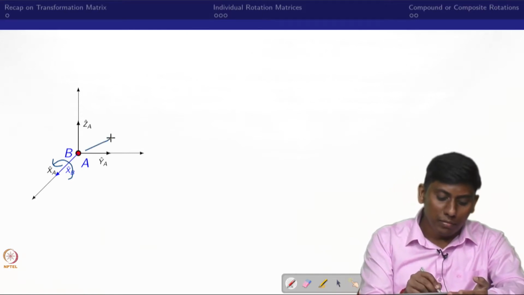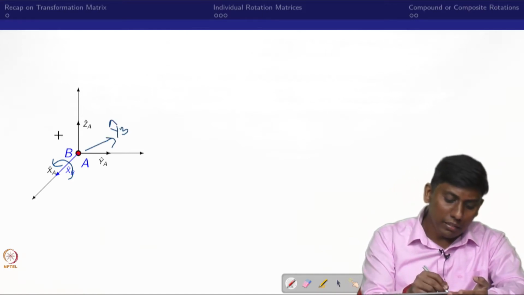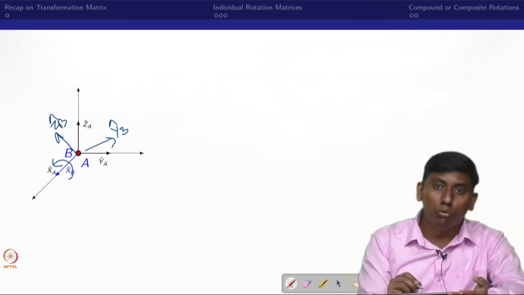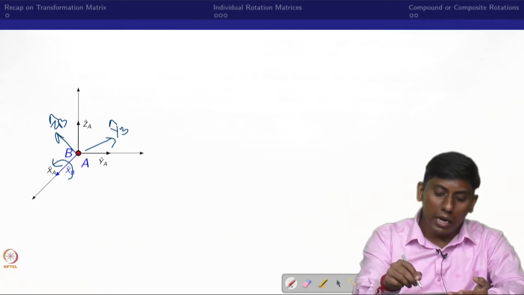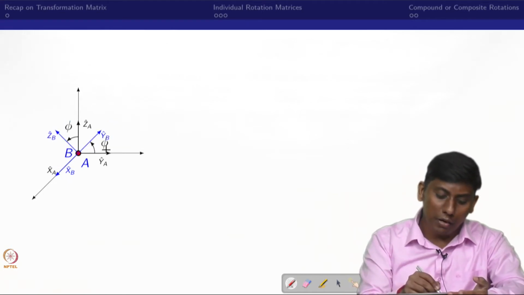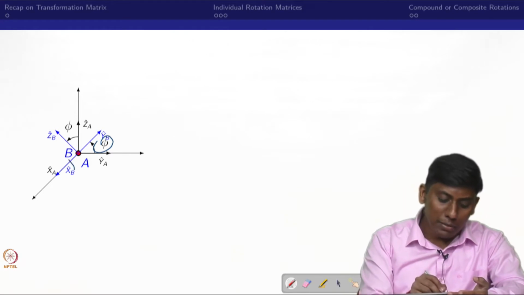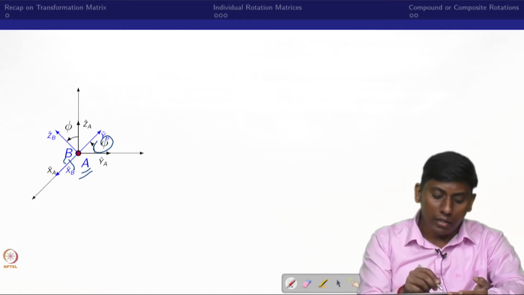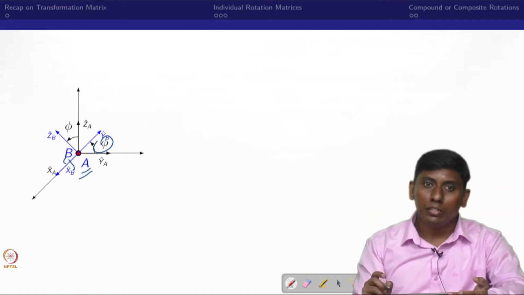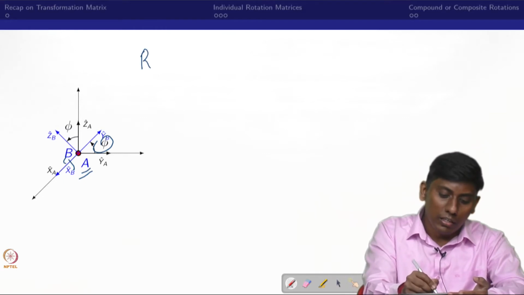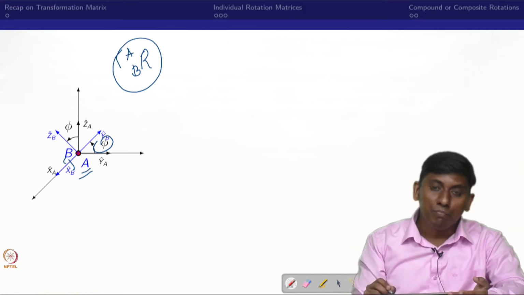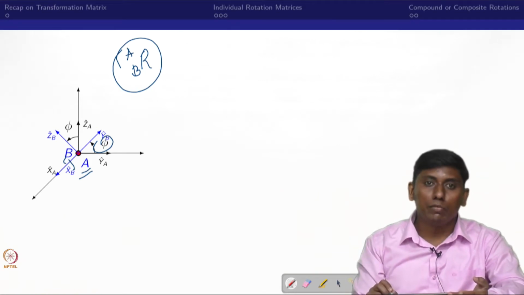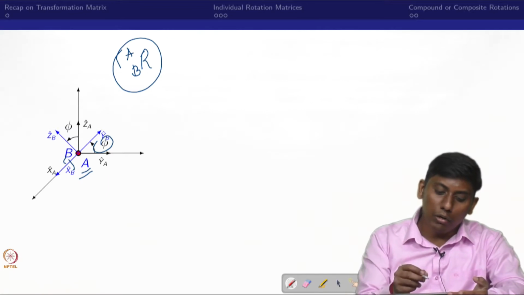So what happened is that yb cap and zb cap would be moved. How much it moves, or how we can get the rotation matrix, that is the idea here. Now you can see there is a phi angle rotated with respect to the xb axis. So now you can see that the A frame and B frame have only one transformation, which is nothing but the rotational. Now we have to find the rotation matrix of B with respect to A, where the rotation happened with respect to the x axis.